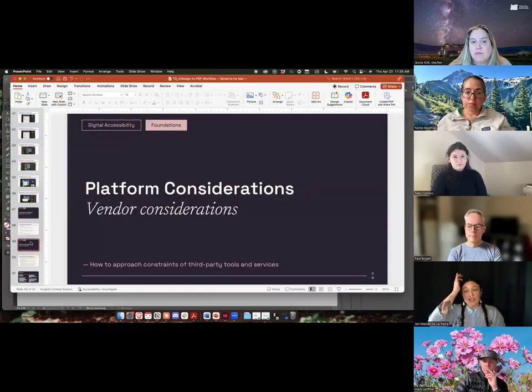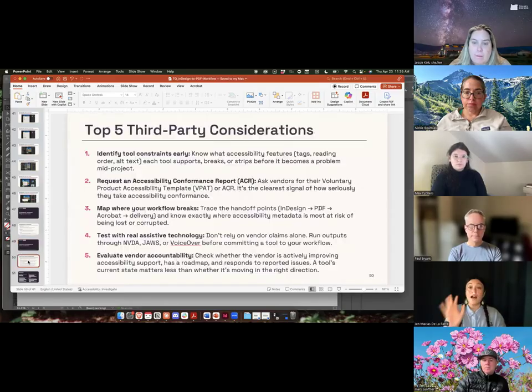So another thing that I think is important to tap into are platform considerations, right? As designers, we think a lot about the output of the expression of what we're putting together and communicating and characterizing. And so there are some things that we need to address with our third-party tools and services that make that easier. So some specifics, like top 5 things I would recommend is identifying tool constraints early. So for example,